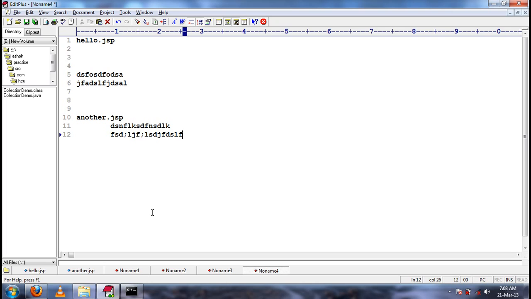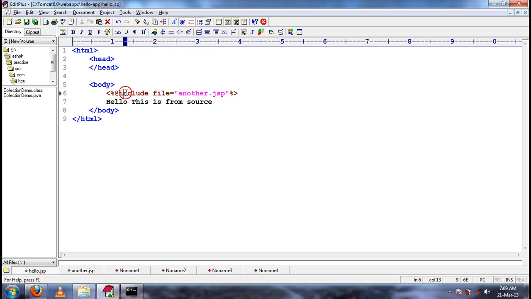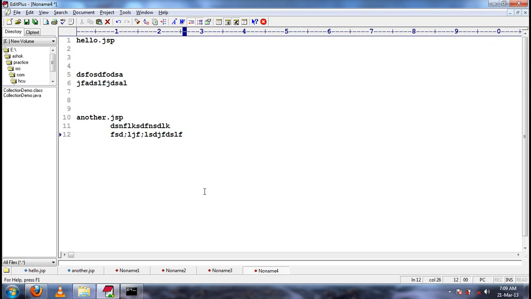This is directive include. The include directive will include the content of the target JSP in the source in the translation phase itself. So the source JSP will become like this. Understood? So the content of the target JSP will be included in the source JSP at the time of translation.